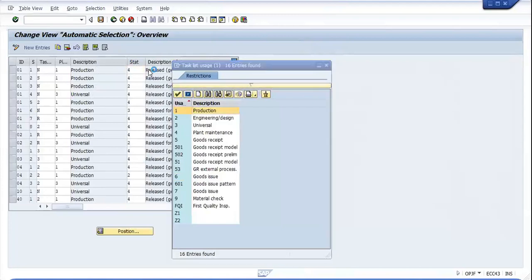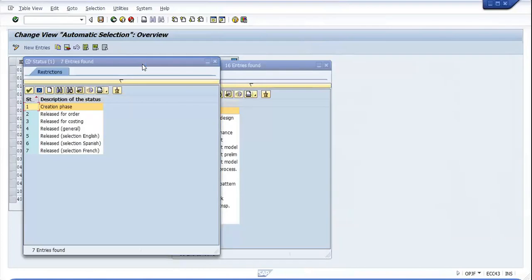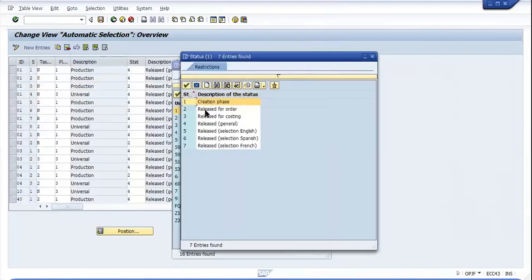Okay, so I'm just opening it. It will give you the creation phase, whether release of the order, or release for the costing, or it can be general. So we'll use the general release. Most of the time you will use a general release or release for costing. Sometimes you can use a release for order when you are making different combinations, like I am using the 01 and making all the possible combinations with the 01 from the available. Starts, and it is the description.